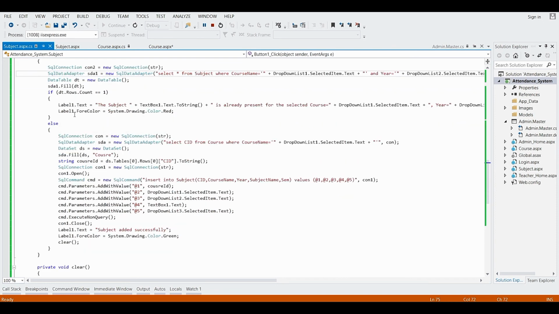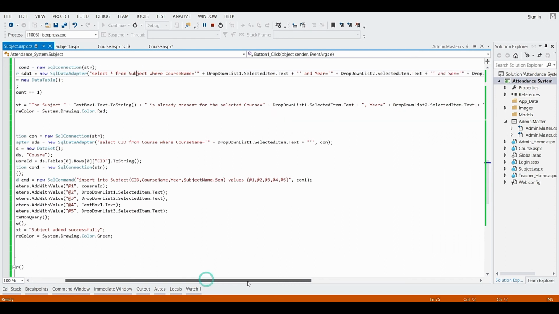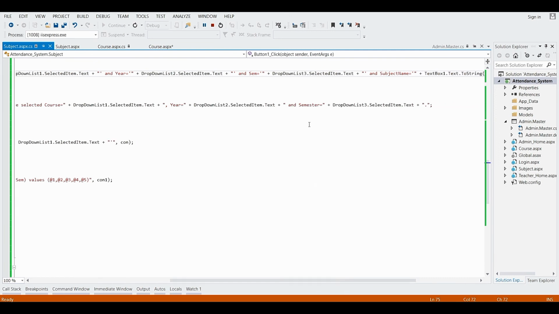If it is present, then it will display the message in the label 1, that is the subject entered by the admin is already present for the selected course, that is the selected drop down list value will appear here, and the year and the semester.